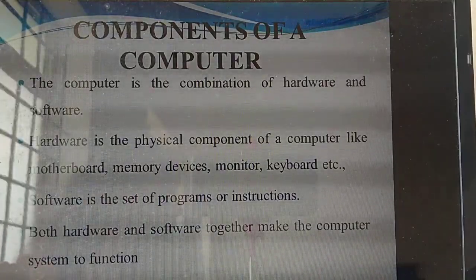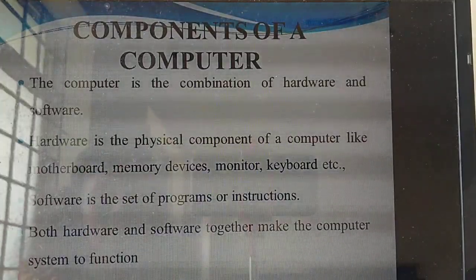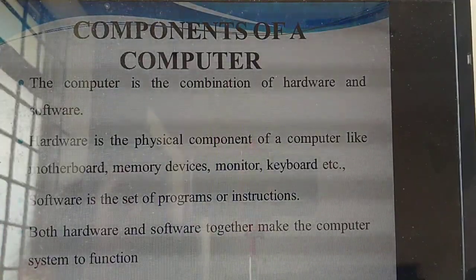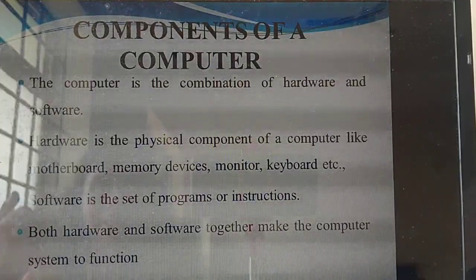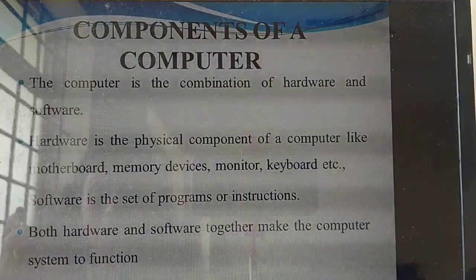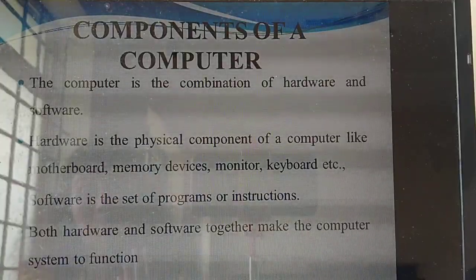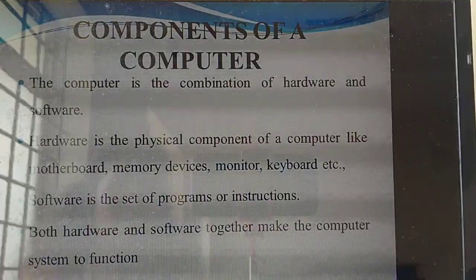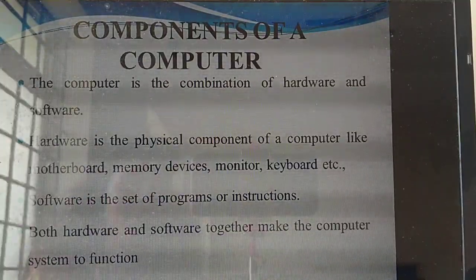Understand? So what are the things you study in the components of a computer? What's the first point? A computer is a combination of hardware as well as software. Before you study these components, first you need to write what hardware is. Hardware is a physical component of a computer. What are the physical things? Motherboard, memory. I'll explain later in the slides with diagrams. Motherboard, memory devices, monitor, and so on. These are the physical things. Other examples you can also write: keyboard, monitor, projector, everything. Then what do you mean by software? Software is a set of programs. If both the software and hardware are together, they make the system function. This is the introduction to the components of a computer.